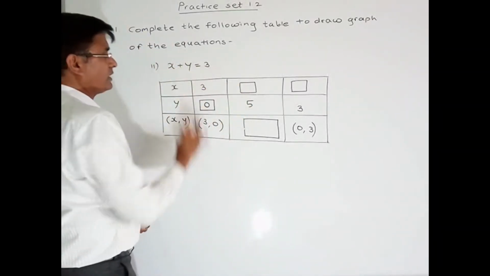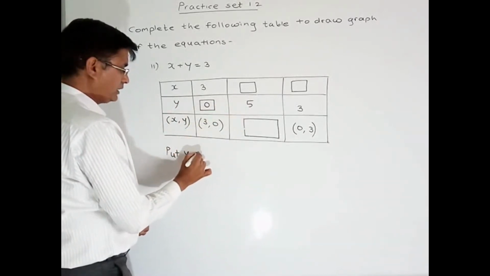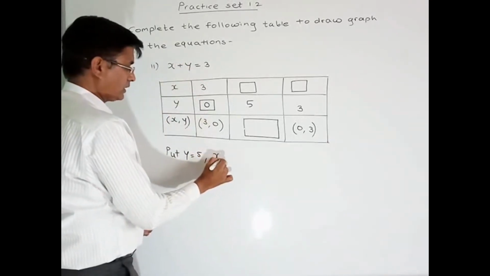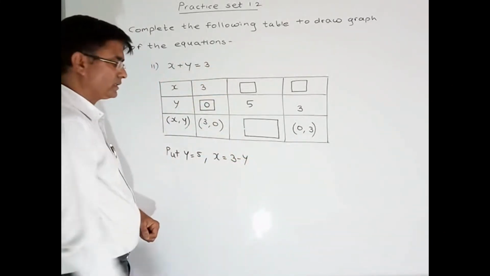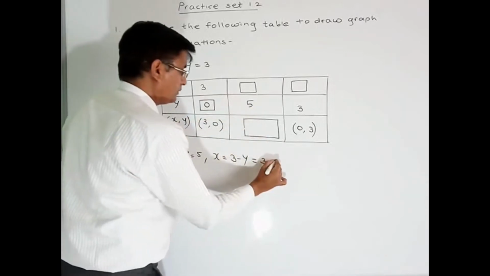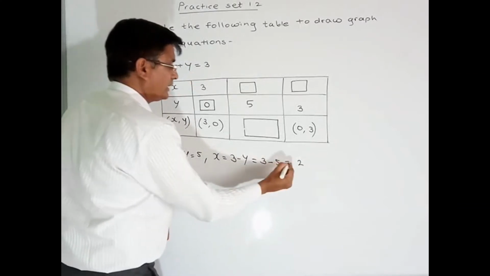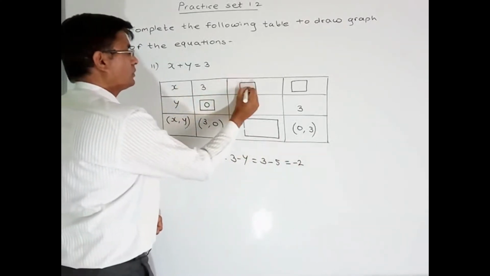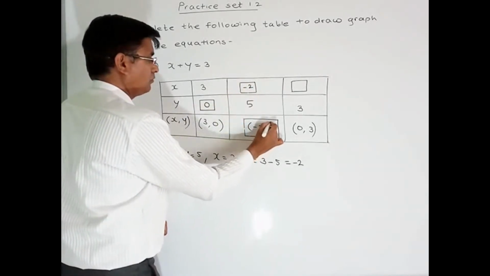And equation is x plus y is equal to 3. Put y is equal to 5 in the given equation. So given equation is this, and you will have to find the value of x. So x is equal to 3, and shift this plus y to that side, it is minus y. Is equal to 3 minus, what is value of y? 5. 5 minus 3, 2. 5 is greater number, it's minus sign. So we get the value of x, that is minus 2. So x is equal to minus 2 and here is the ordered pair minus 2 comma 5.